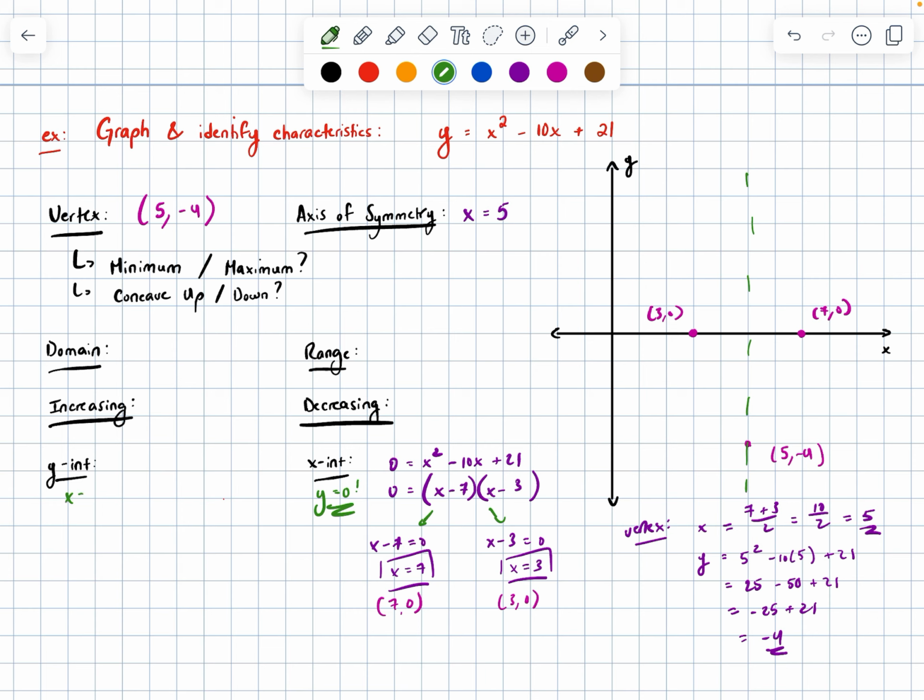From here, let's find the y-intercept. I need to do it anyway. So to find the y-intercept, I make x equal to 0. So plugging in 0 for x is going to get me y equals 0 squared minus 10 times 0 plus 21. Notice 0 squared is 0 and negative 10 times 0 is 0. So y is going to be equal to 21. This tells me that the point 0, 21 is on my graph, but I don't have enough space to graph